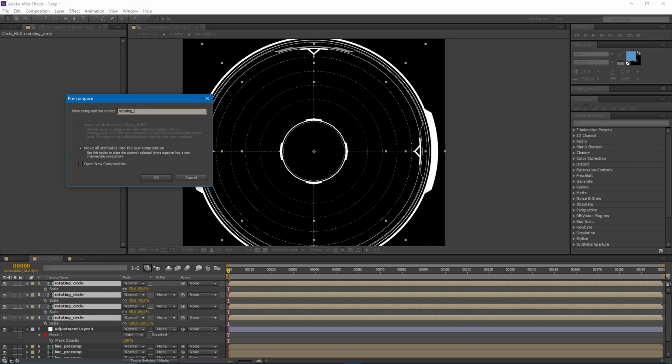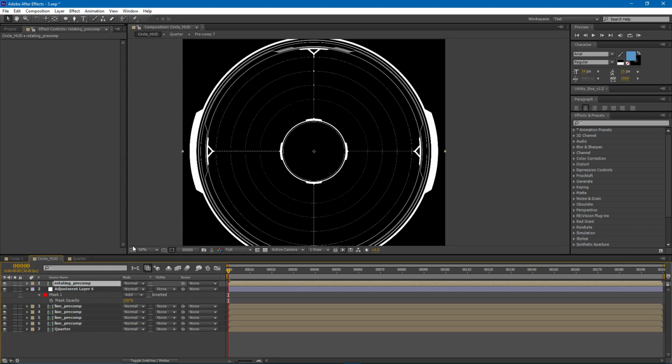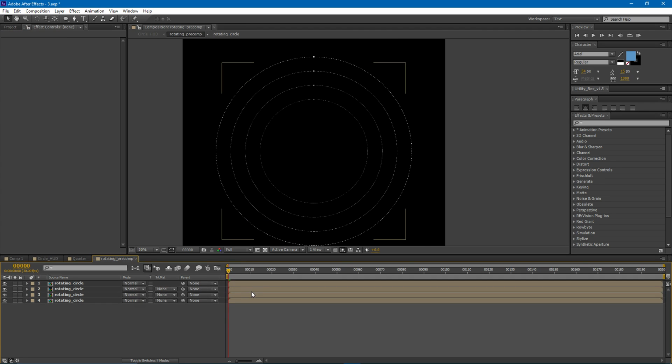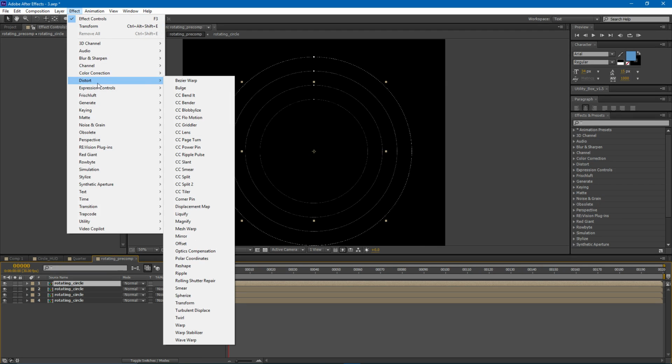So rotating pre-comp, and maybe rescale this guy just so it fits right between the inner and outer edges. So something like this. And let's go inside this rotating pre-comp. And for my first layer, I'll go ahead and add a distort, transform,